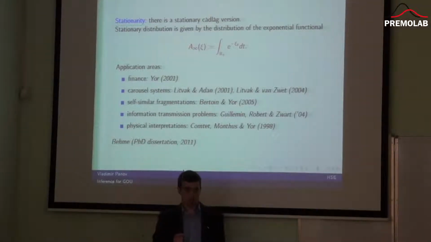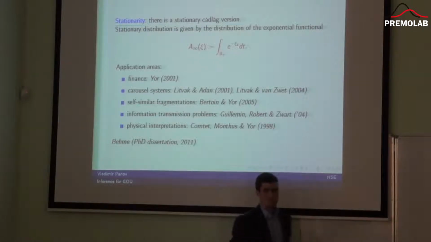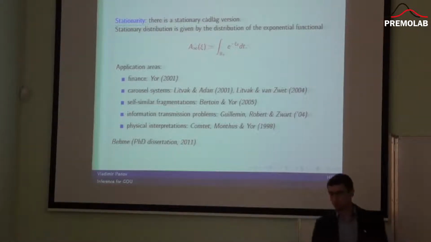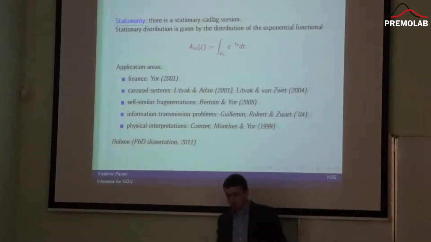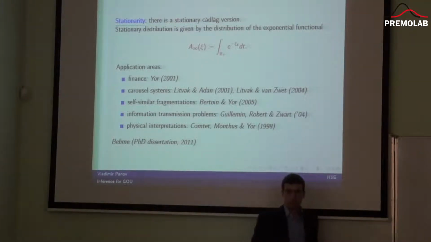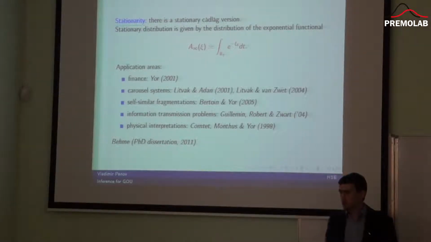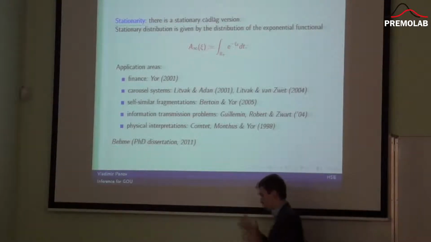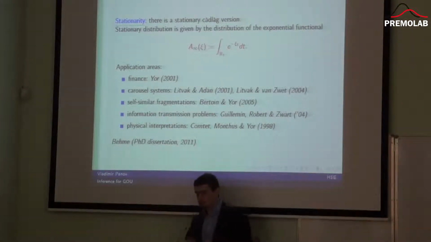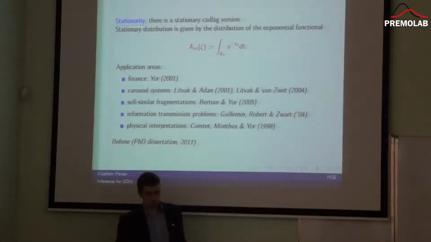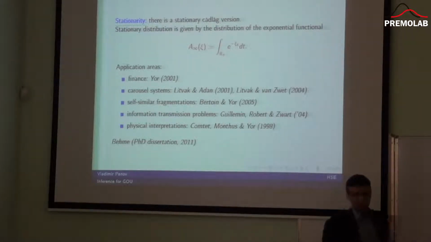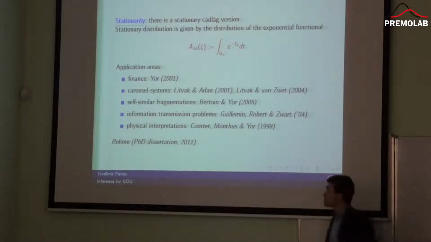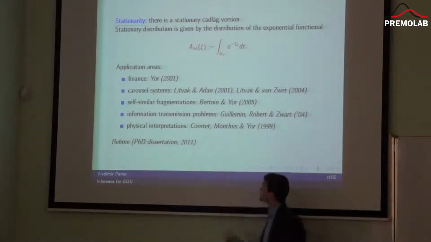And the exponential functional is an asymptotic distribution of the minimum time which is needed for the picker to pick up all elements of this warehouse. There are many applications in crystallography and astrophysics, in the context of models where some big object splits into pieces over time. And this process can be described by some self-similar rules. This is called self-similar fragmentation.